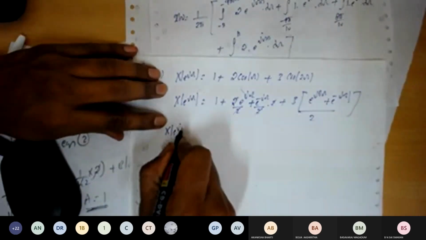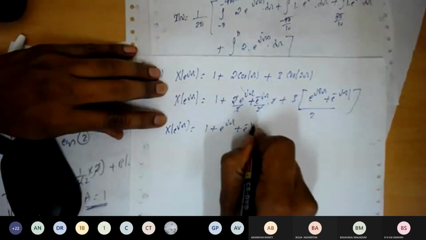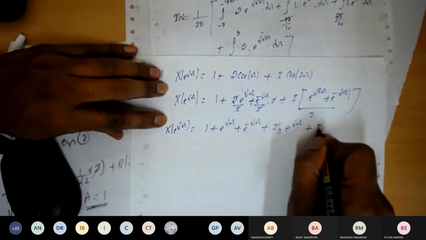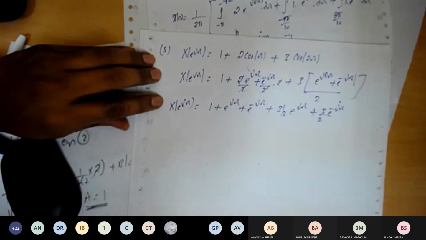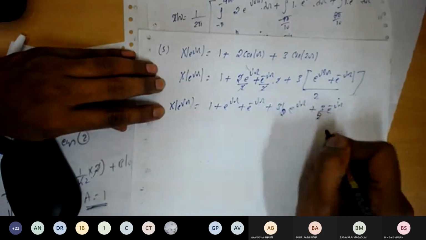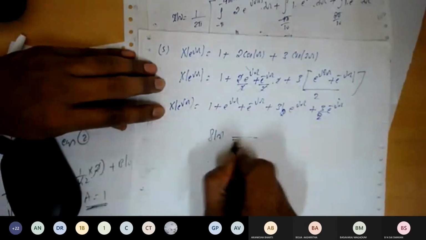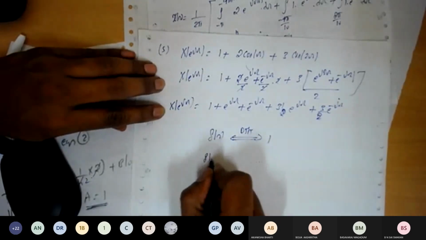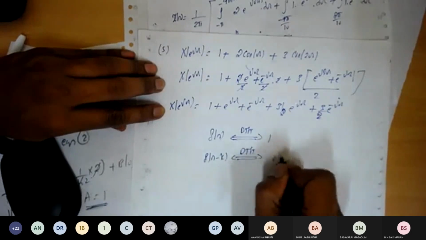So we can write X of e to the power of j omega as 1 plus e to the power of j omega plus e to the power of minus j omega plus 3 by 2 into e to the power of j2 omega plus 3 by 2 into e to the power of minus j2 omega. In order to take the inverse DTFT, I'll recall what we have seen. Delta of n, the DTFT becomes 1. Delta of n minus k, the DTFT becomes e to the power of j